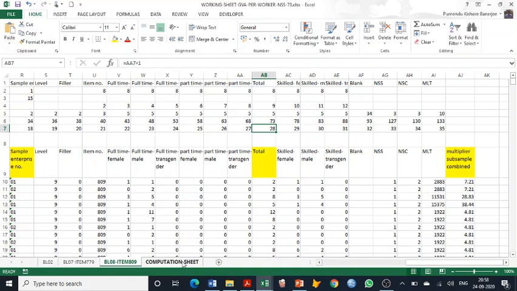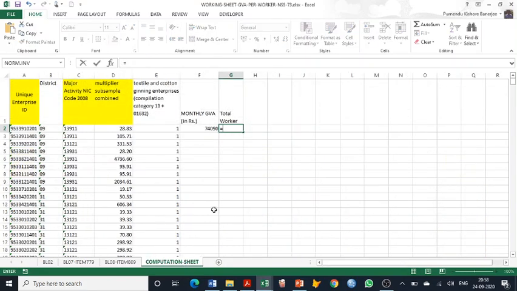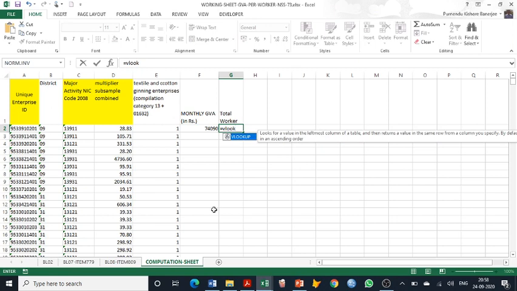So now let us see what we will write here. So here again VLOOKUP.